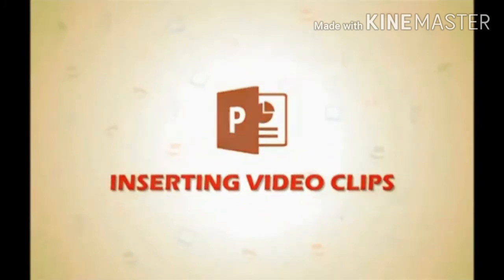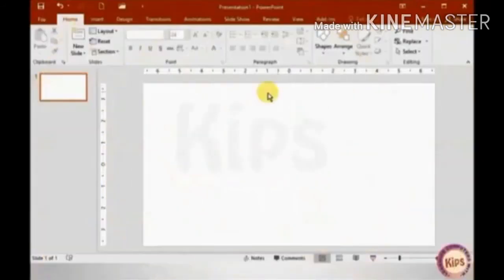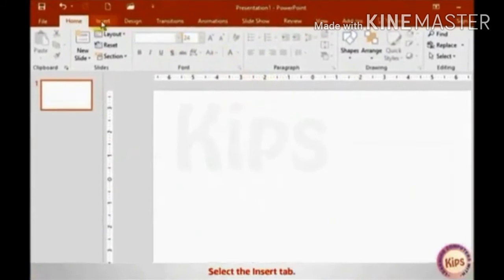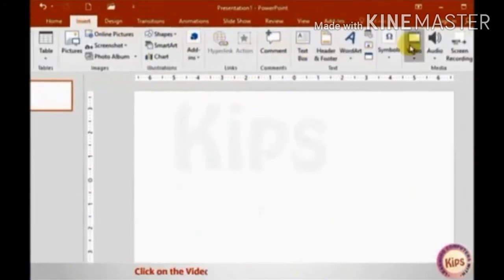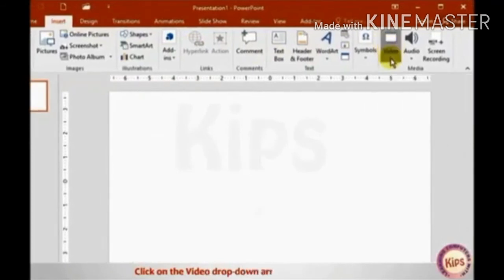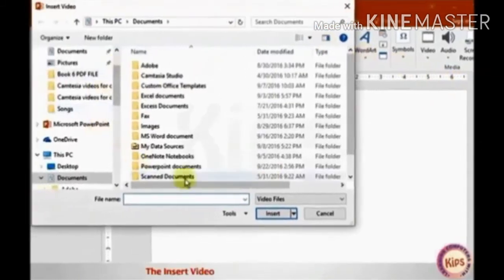Now inserting a video clip. There is the same process that you apply for inserting a video clip in your slide. Select the insert tab, go to the video option in the media group and select the video on my PC option.